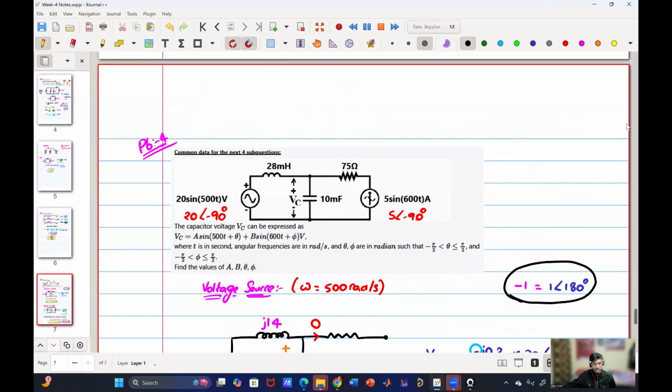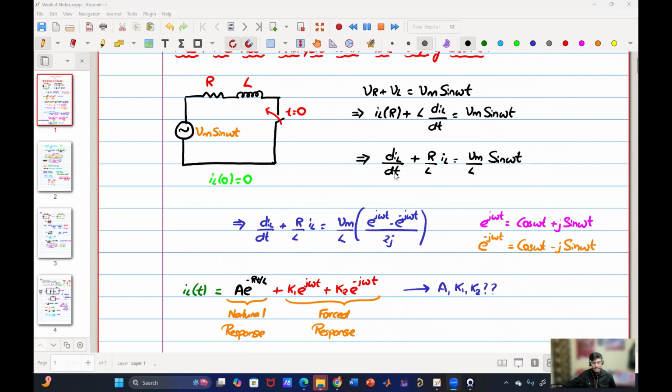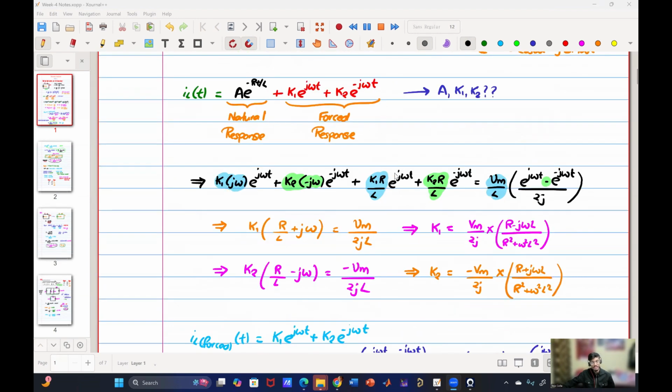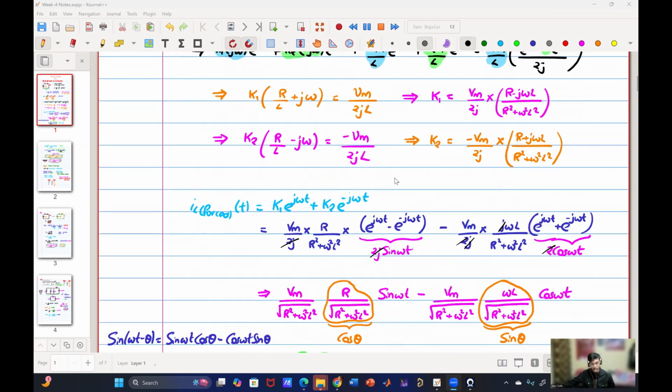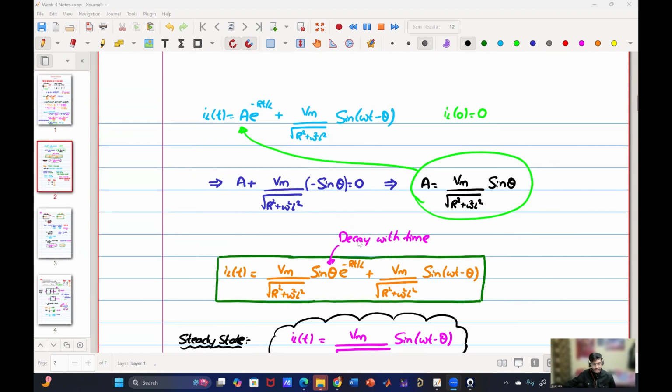Thank you, Shashidhar, and thank you, Sashi Bhushan. So today we have started with the mesh and nodal analysis with time varying source. First, we have gone through the classical approach of solving the differential equation, and we have seen the calculations are lengthy, complicated, and it takes a lot of time, also a lot of calculations in order to get the steady